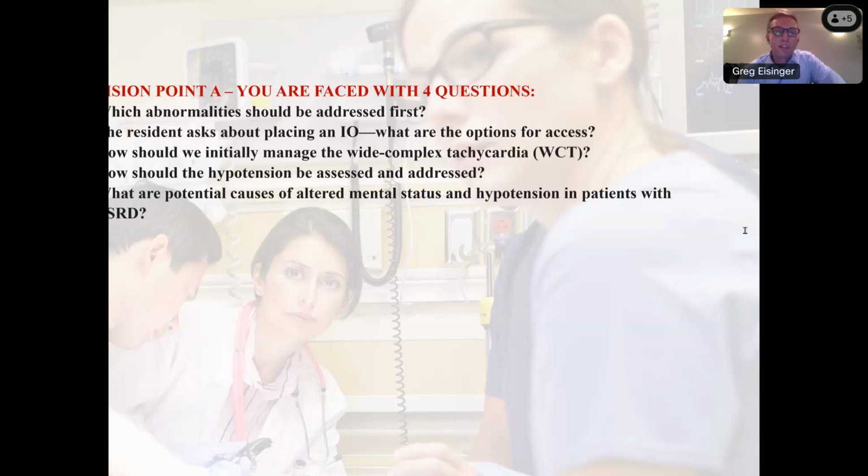Now, there's some things about the wide complex tachycardia you can look at that can help with that. One thing is that it's a fairly slow wide complex tach. Typically ventricular tachycardia is really fast, approaching 200 beats per minute or higher. This person's heart rate's in the 110s. You can have slow VTach as well, but it should trigger you to think about other things. And then often these hyperkalemic wide complex rhythms are wider than a typical ventricular tachycardia rhythm. And there's all sorts of ways you can get into sorting out which it is and what's the most likely thing that's going on here.